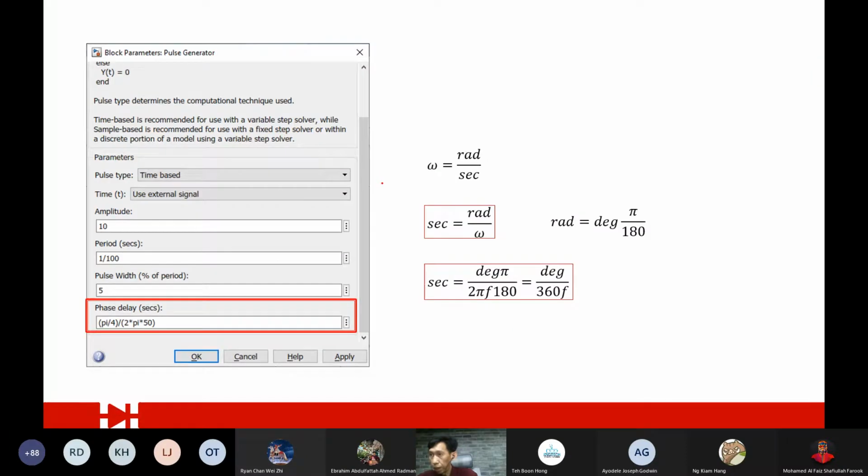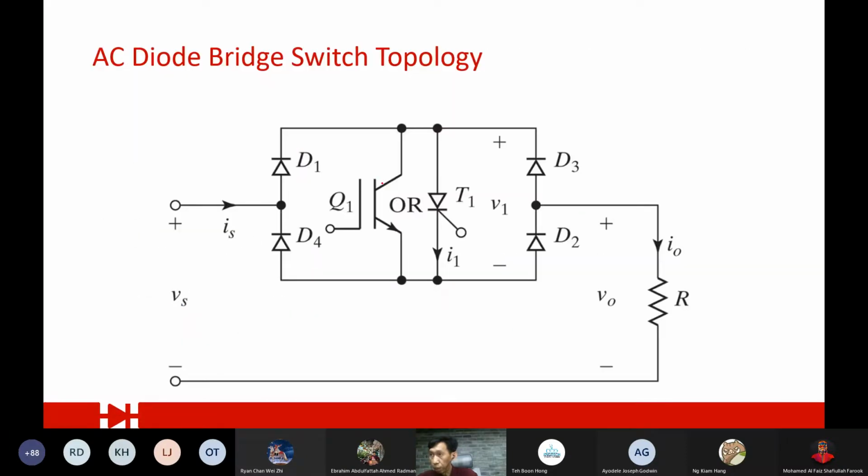It can also be done using this topology. What you need to do is instead of two, you just require only one single thyristor working together with 4 diodes, or with a